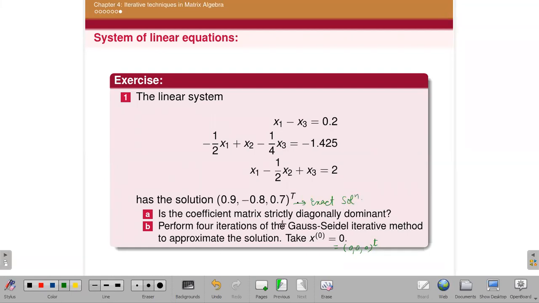In the next lecture, we will do the third method also, that is the successive over relaxation method. Any doubt still in Gauss-Seidel? Actually, it needs practice. You just do one or two questions at least, then you will get it better.